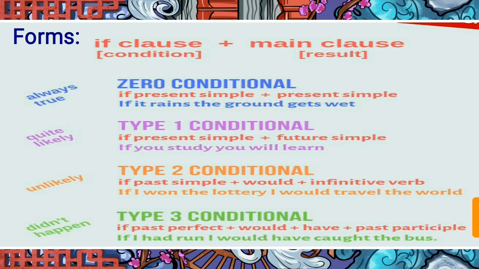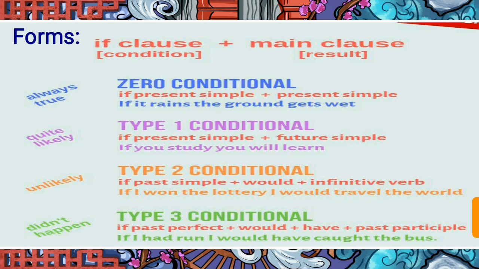For example, the zero conditional tells what actually happens as a general fact that is always true. If we go to the type 1 condition, it is a situation telling us that if you do this, then the result is quite likely to be like this. Then type 2 conditional, where you can imagine different situations. Type 3 conditional tells what can be the outcome of a thing which didn't happen. So with this bird's eye view of all these concepts,